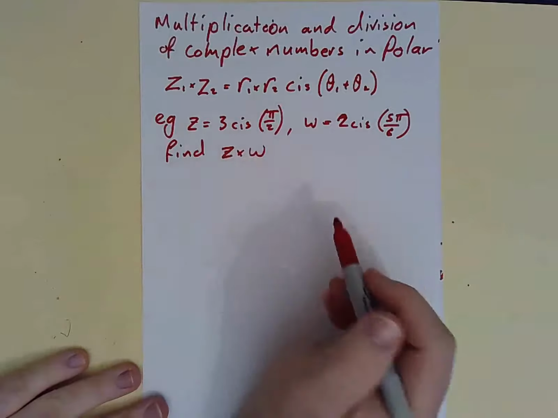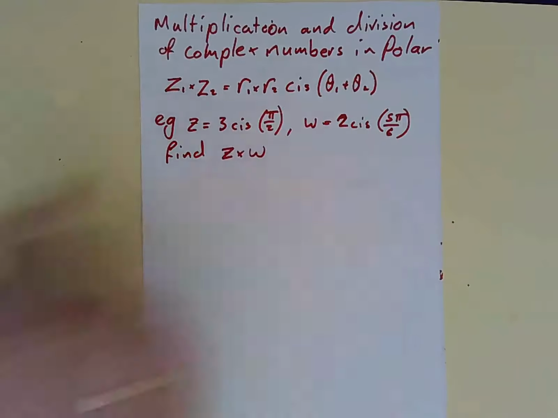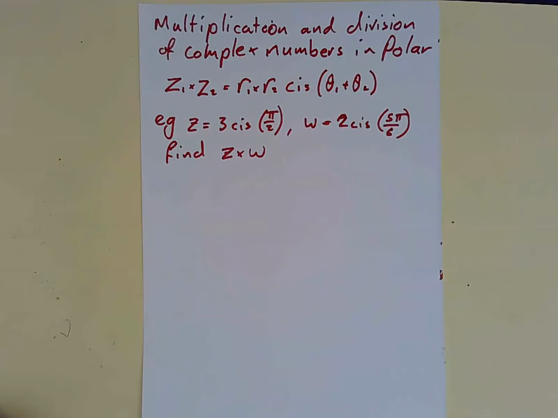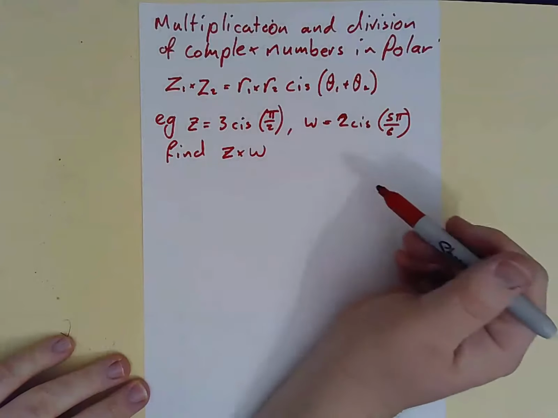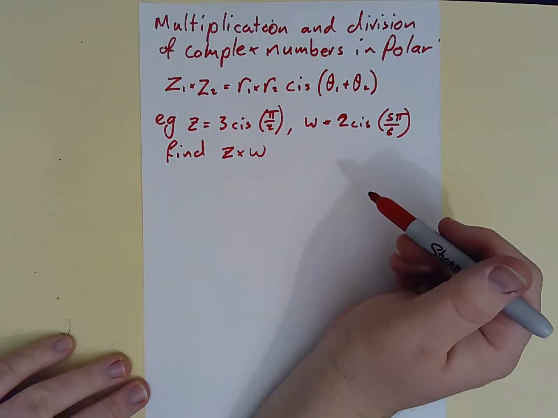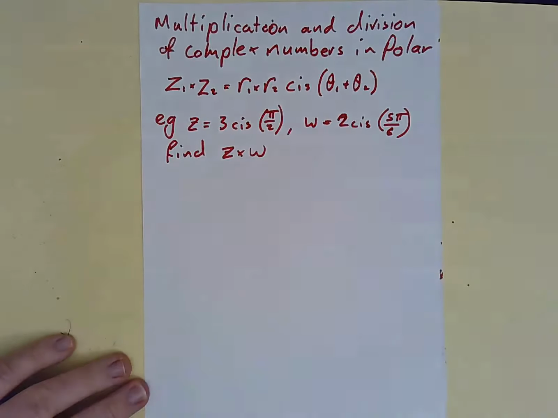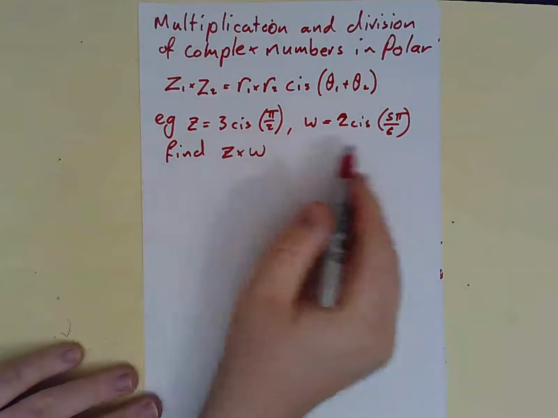I've got a z, I've got a w. Proving this, we can do that in person. You just got to do the long multiplication of opening the brackets, and then apply those rules you learned in trigonometry about adding two angles. And it turns out that this works perfectly. So you would have done that last semester in normal methods. All right, so looking at this,